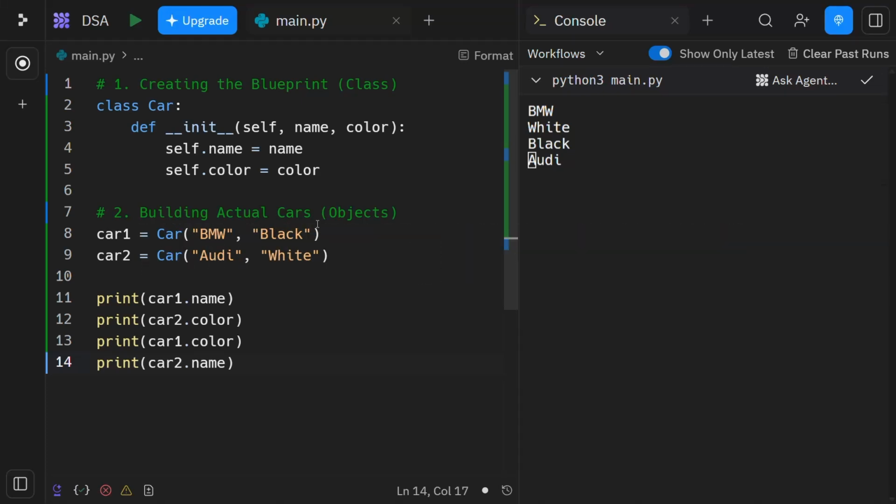Today we are stepping into an entirely new world, which is object-oriented programming in Python, shortly known as OOPS. Up till now we have been using Python's built-in data types, like lists, dictionaries